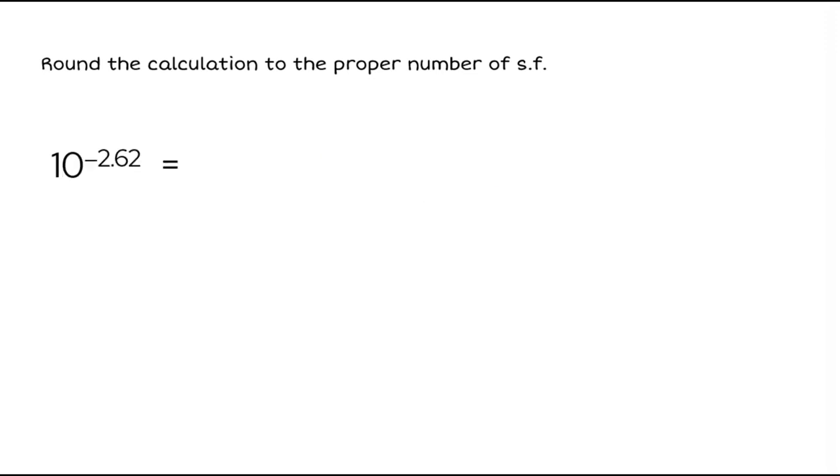Our next example involves an anti-log calculation, log base 10. So this is where we'll use our 10 to the x key, which is typically a second function of the log key. We'll first note the sig figs and what we need to do with them, and then we'll do the calculation. Because this is an anti-log, we're going to start by noting the number of decimal places. The 2 is our final significant figure, and this is 2 decimal places in this value.